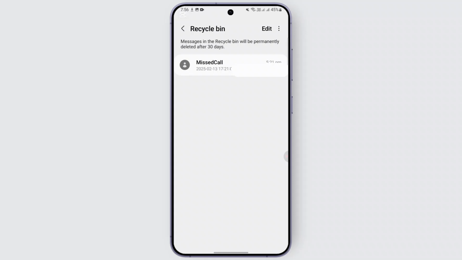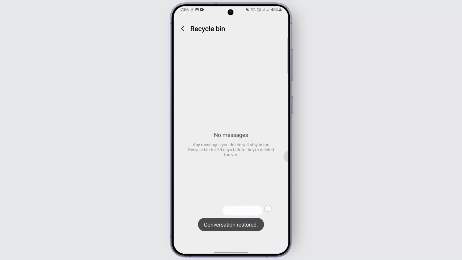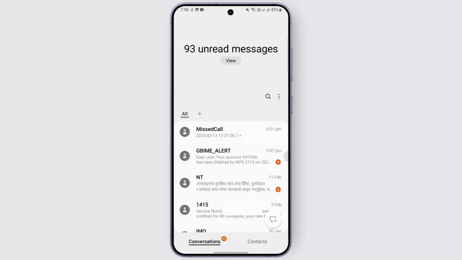In order to recover it, you can long press on it and go to the restore option at the bottom and restore it. Otherwise, if you have deleted it permanently, there is not really a way unless you have backed it up in other sources like Google or different sources. So for now, this is the method you can apply in order to restore or recover the recently deleted